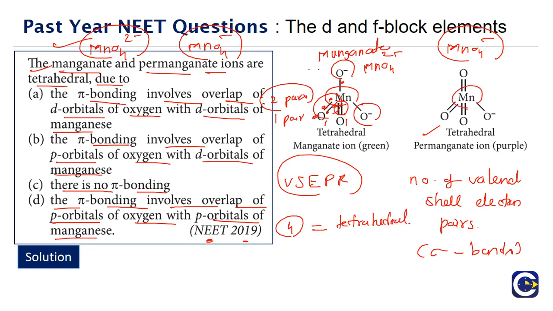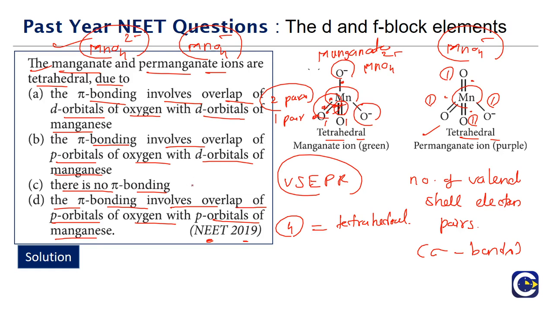Similarly, if you go to MnO4-, this also is going to have tetrahedral geometry, where the manganese is forming 3 pi bonds here. But again, we are going to assign only one pair. We only consider the sigma bond pairs, which means 4 valence electron pairs. Hence the arrangement is tetrahedral. So in both cases, the arrangement is tetrahedral. So what is the kind of pi bond that is there?